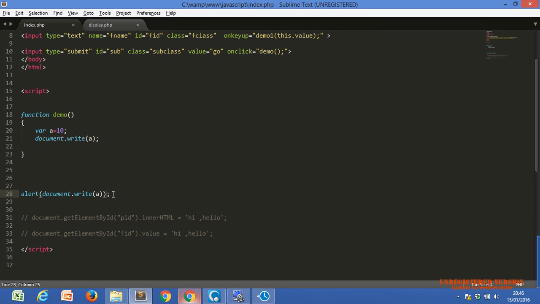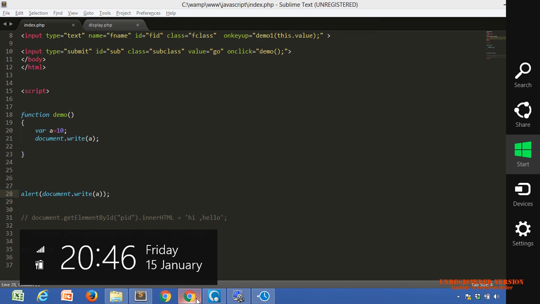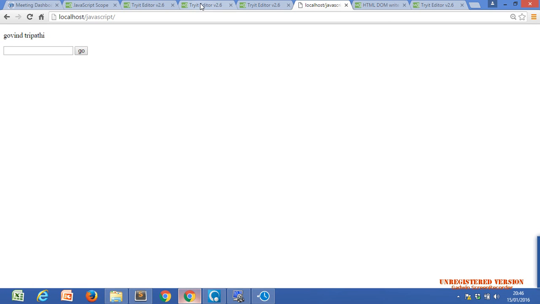Document dot write alert. It should give us undefined.